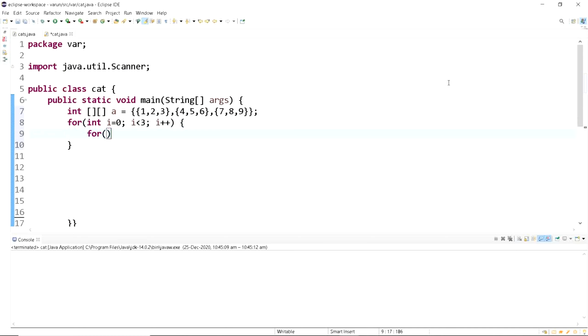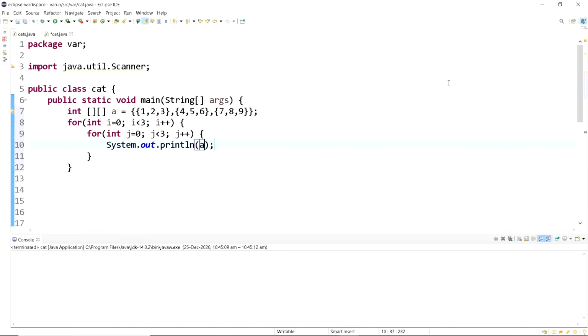Another for loop. So this is a nested for loop which we are writing. One is for the rows and the other is for the columns. I'll explain once I finish the code. j equals 0, j less than 3, j plus plus.